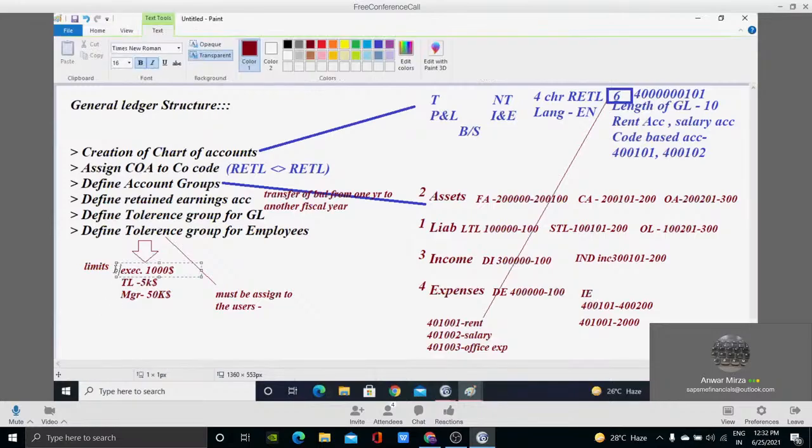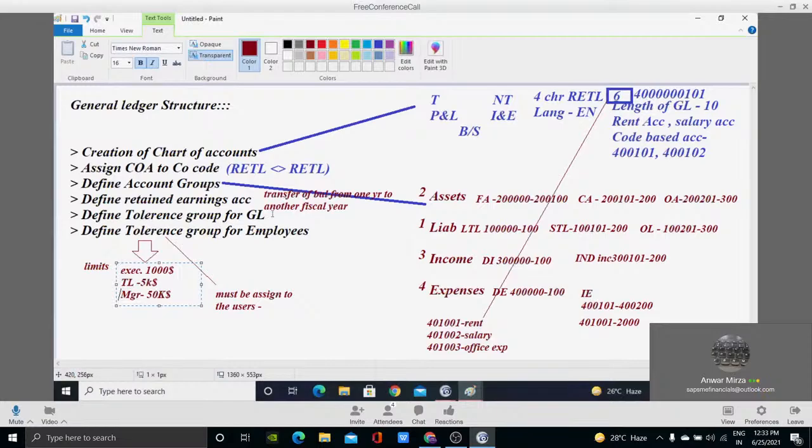The best example of limits, I have set it up here based on designations. Now when I'm writing it as an executive, do you have only one executive? No, you have a team of 5,000 to 10,000 executives in a company. When I'm taking a limit of TL, that is team lead, okay, do you have only one team lead? No, you may have dozens of team leads working across India or outside countries, right? When I'm talking about manager, you don't have a single manager, right? So this is how you can set the tolerances for employees.